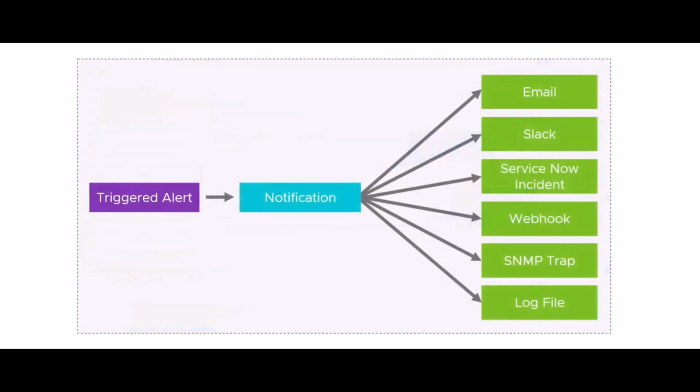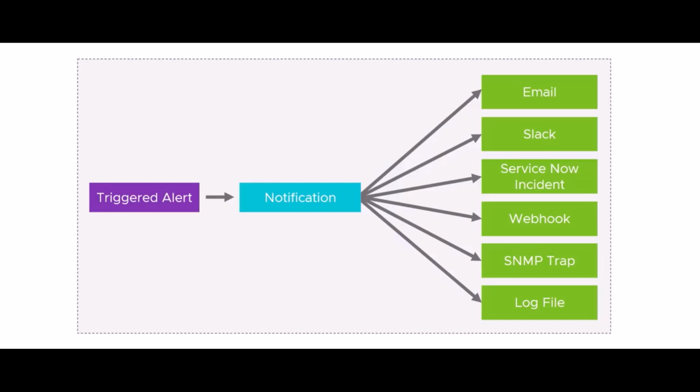Once the alert is triggered, it is important that the user knows it has occurred. Users get to know this using notifications. You can configure a standard email configuration for users, letting them know an alert has triggered. Slack integration can also be done in order to let the entire team know about the issue. Native integrations with ServiceNow can be leveraged so that incidents can be raised and further narrowed down to the team